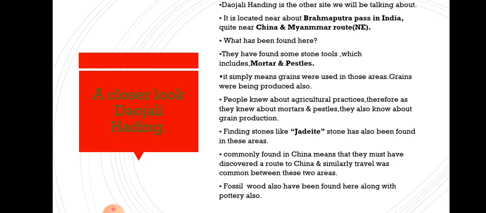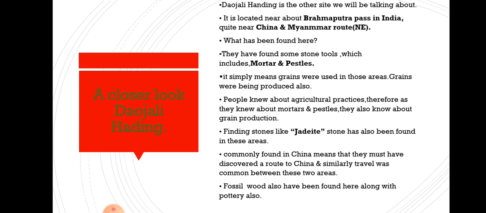Just like Mehrgarh, anything new? Yes. The archaeologists have found some stone tools, which include mortars and pestles. Mortars and pestles are tools that we find in present day kitchens also, a sil and a batta, used to grind spices. Now mixer grinders are there, but in most Indian kitchens today we can still find mortars and pestles, a type of stone tool used to grind grains